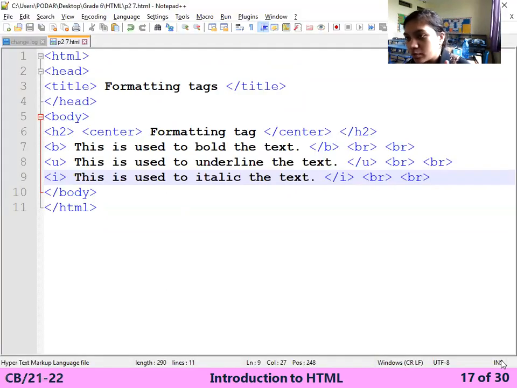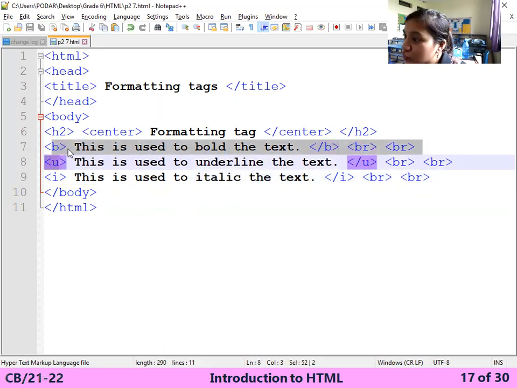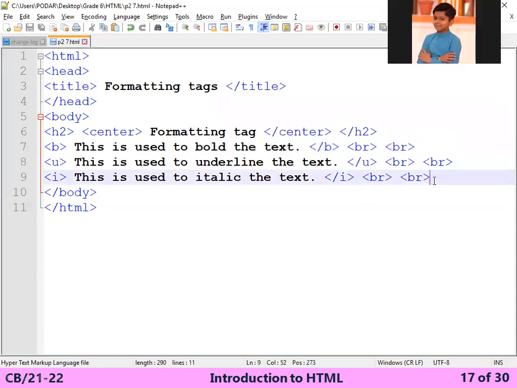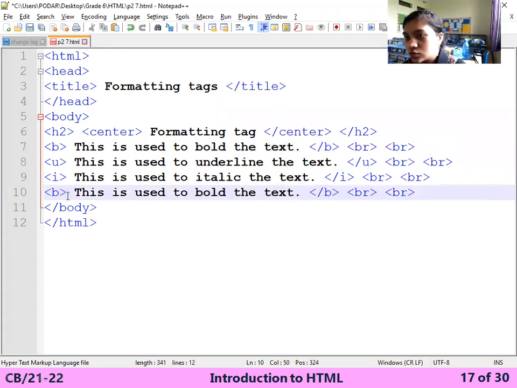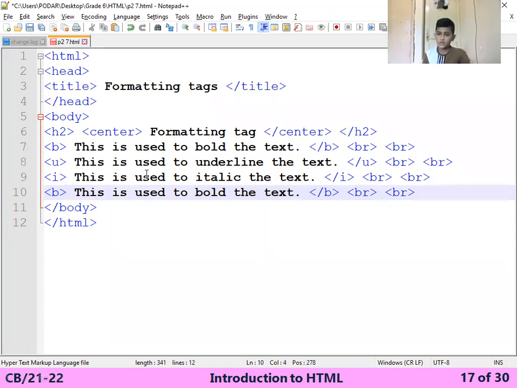Now, remember students, it's not necessary that you use these tags separately. You can use them with each other. जैसे आप bold और underline को एक साथ use करना चाहते हैं, you can use them. Choice is yours. For example, मैम दोनों को एक साथ कैसे यूज कर सकते हैं? मैं वही दिखा रही हूँ. Control B. You are using a B here, right?